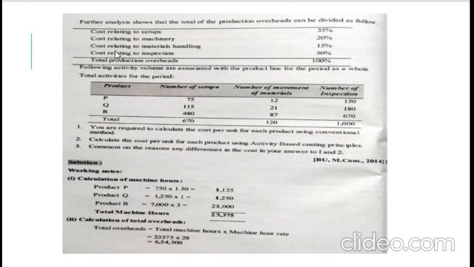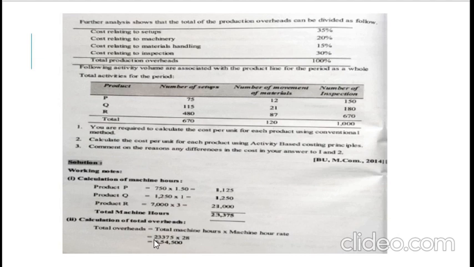If the cost of activities is directly given, then we will add that up. Calculation of machine hour rate will be there when the cost of overhead is given. But here the cost of overhead is not given, so we need to find the total cost of overhead and then distribute it to the activities performed here. That is why in our working note, the first point is calculation of machine hours, and the second step is calculation of your total overheads.